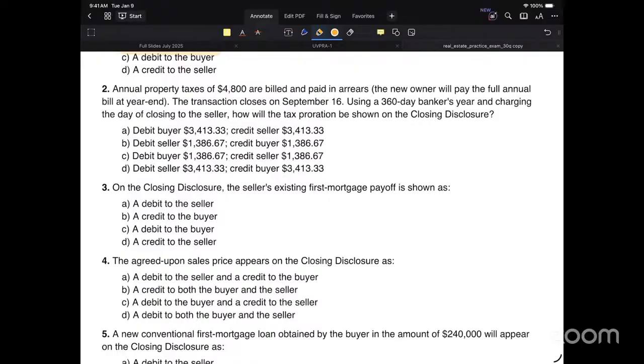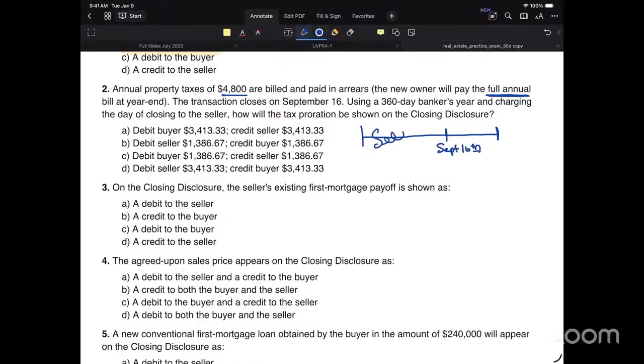So I was talking to another teacher the other day, and they brought up something that was really awesome. This idea that some of these answer choices, we can eliminate just by drawing out what's going on. We know the tax bill is $4,800 and the buyer's going to pay the annual bill at the end of the year. So if we know this closing is on September 16th,